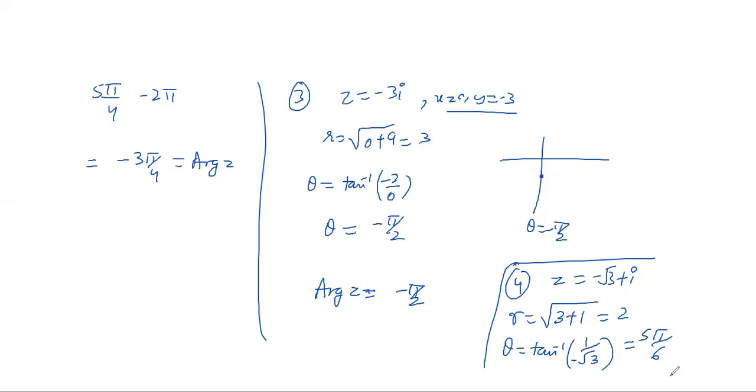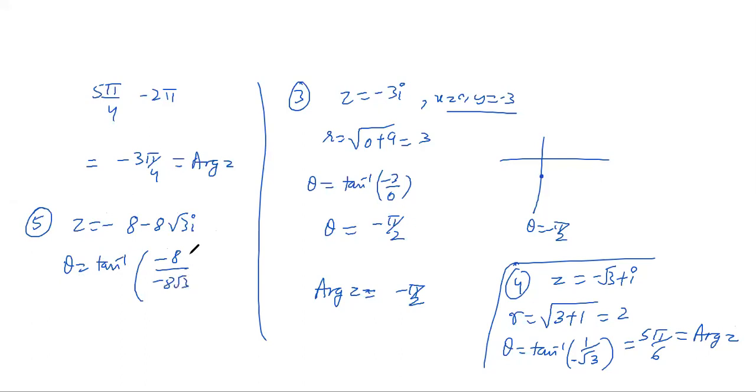If anybody is facing any difficulty in identifying these, you can ask. So very quickly, one more question. This is a question from the tute sheet: -8 -8√3i. In this case, if you find theta, this is the capital ARGZ. This is tan inverse of -8√3 by -8, which is basically tan inverse √3. Both X and Y are negative, so you are in the third quadrant. So which angle is this going to be?